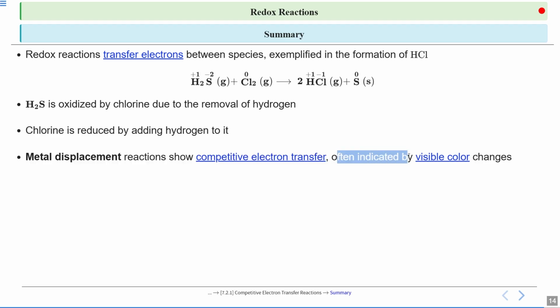Now, they are often indicated by visible color changes. As we have already studied the three examples, I hope this line is also clear to you, that there would be a change in color. Either the color will get intensified or the color will vanish totally in the course of the chemical reactions taking place. Hence, we can conclude that the visible color change in a chemical reaction is a result of the formation of a new chemical species with different light absorption properties. Okay?